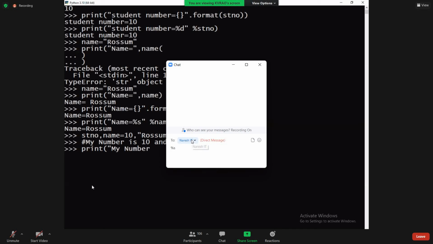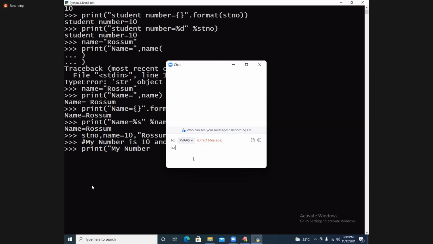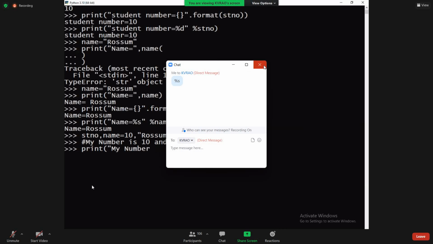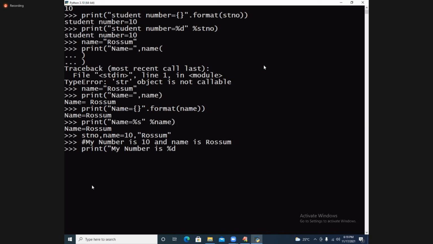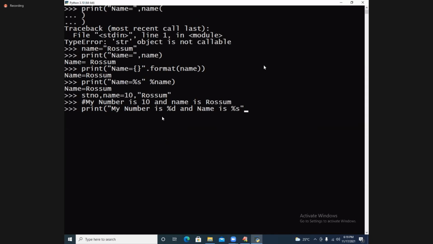My number is and my name is. I need to use two format specifiers we have. My number is percentage d and name is percentage s, in double quotes. How many values I have to supply?